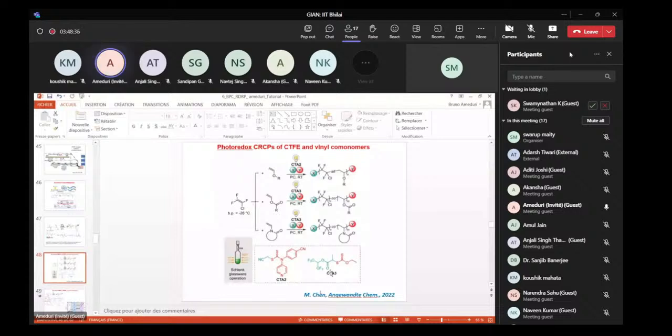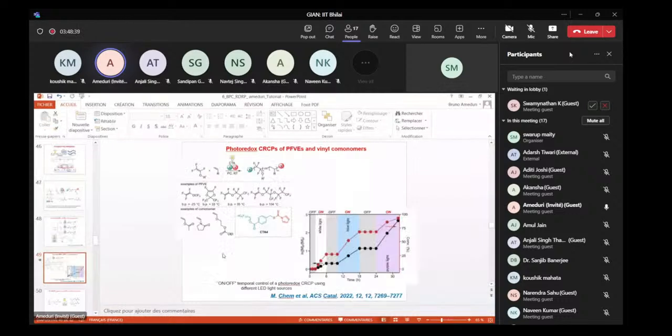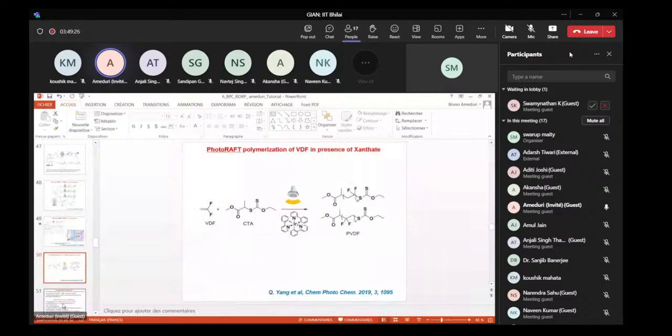And as you can see here, they could achieve very interesting reactions with different monomers, fluorinated monomers, perfluoromethyl vinyl ether, this kind of dioxolane, PPVE, or this monomer from Nafion, more or less without any sulfonic fluoride. They could do a lot of different combinations of these electron-withdrawing fluorinated monomers and electron-donating monomers, vinyl acetate, NVP, and this vinyl ether. They can see that with light off, no reaction, UV on, reaction, off, no reaction, on, reaction, etc. So this is a very nice work, which is difficult, of course, to apply to industry